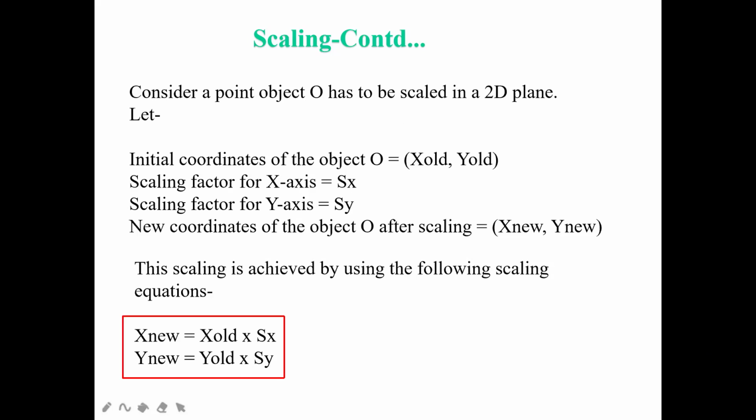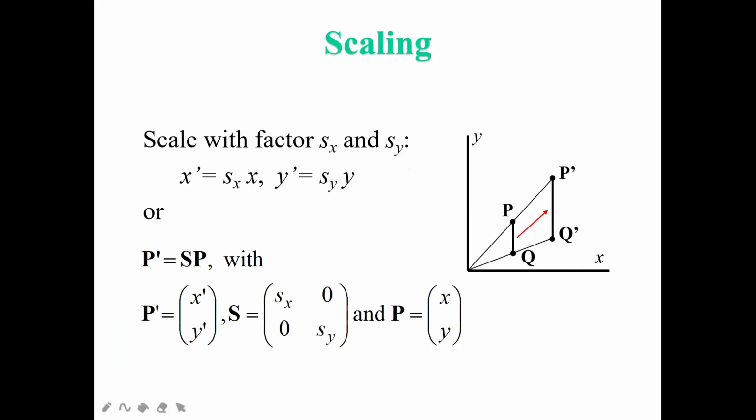Moving to the next slide, here you can see I have the scale factors Sx and Sy. Here I have the object which I have placed, with points P and Q. The PQ line segment was there and I have increased the size. So P has converted into P dash and Q has converted into Q dash. What is the original value of your P? That is x comma y.